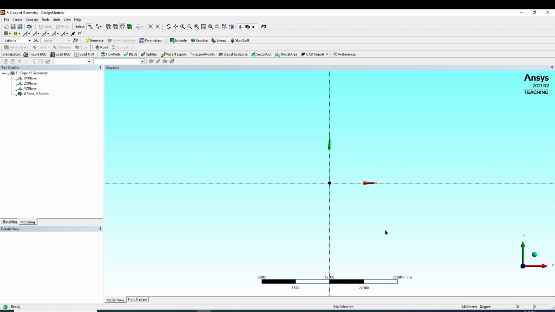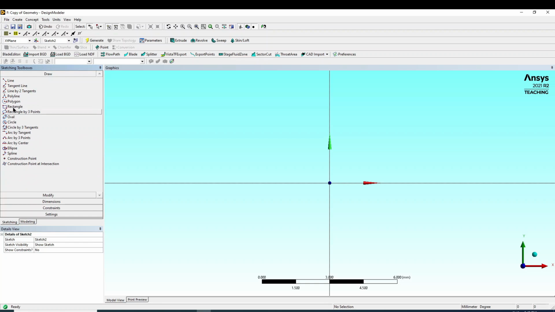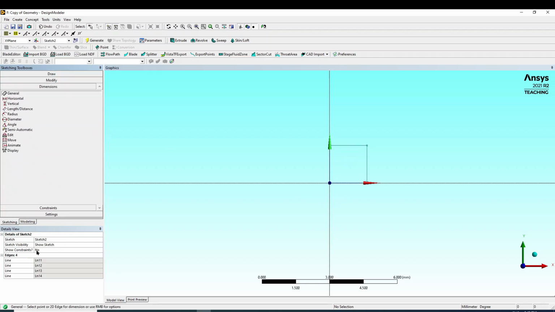You can set 7 mm. I can zoom in, zoom out, and I can draw the geometry so that I can visualize it properly. So if I am going for the XY plane, sketching, geometry creation, rectangle, dimensions, length, right? Can you see? It is very easy for me to visualize it properly. Previous case, it was difficult. So it is saving our time.